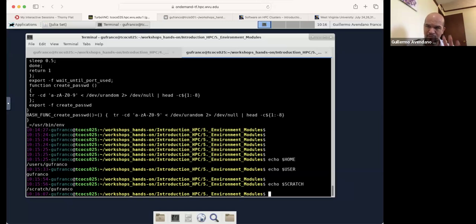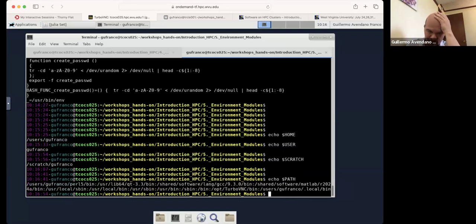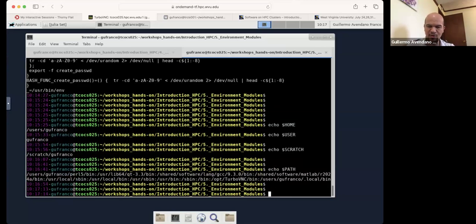There are a couple more that are really relevant for our discussion. More environment variables that are used to decide where to find commands or executables in the system. It's the PATH variable. At this moment, this variable will tell you all the places. When you try to execute a command, it will search all those places to see if it's around, and it will execute it. For example, when you execute the command ls,